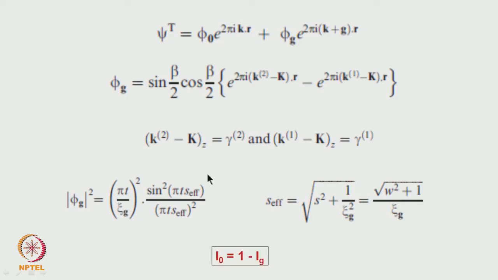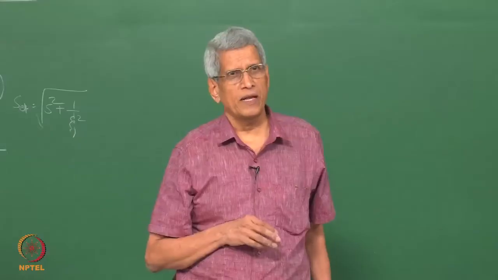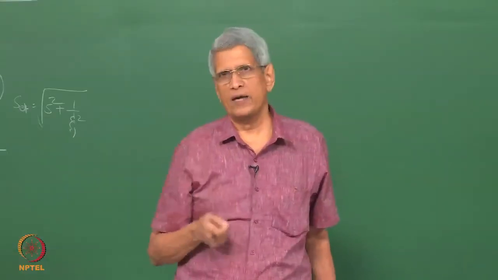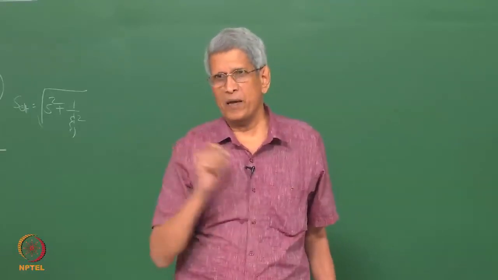Okay. And what will be the intensity of the transmitted wave? It will be 1 minus Ig. Okay. This is the way a calculation can be done. Then the whole issue that comes up is that practically, when you have to do a calculation, what is the size which you take of that sample dimension?